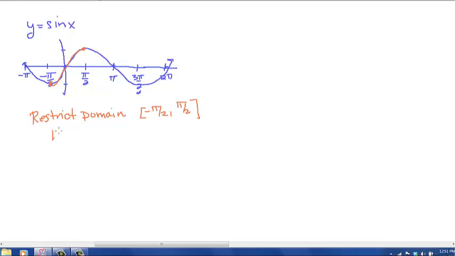So the range, again, is that the lowest point is negative 1, the highest point is 1. So if we just consider that much of sine, when we look at the inverse trig function, so that is y equals sine inverse of x,